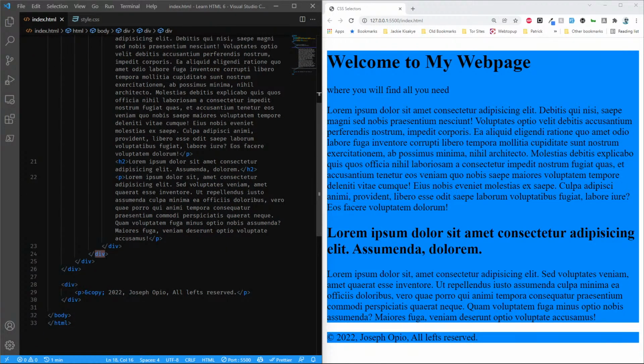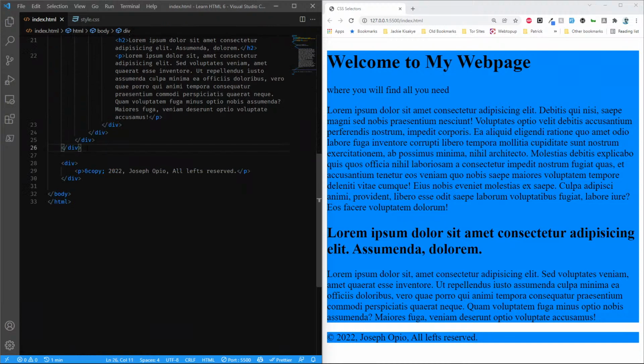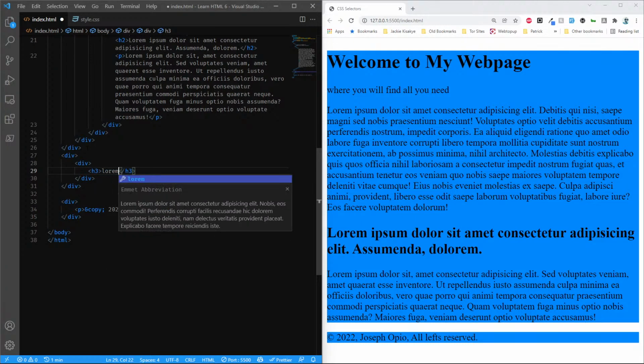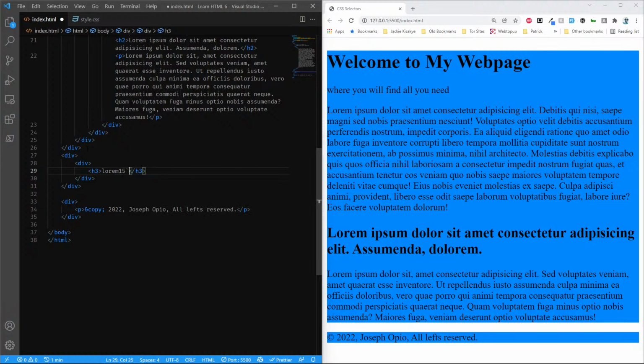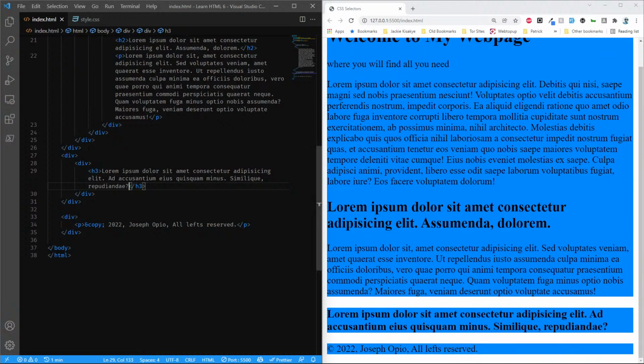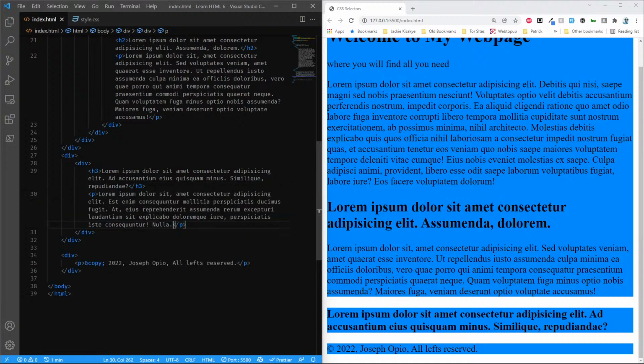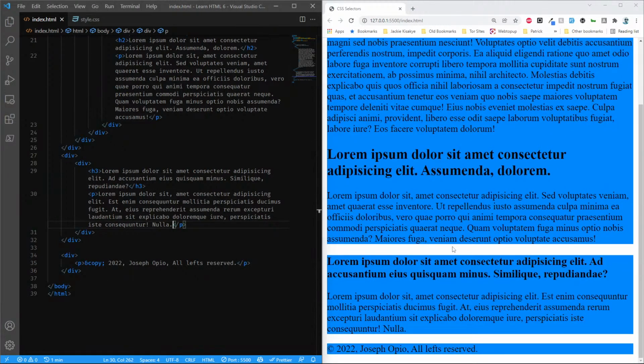Actually, let me do this. Sorry, I had not planned this out. Let me have another one here: a div, a P, an H3 with lorem 15, and a paragraph of something of this kind. You'll see that everything that I insert here, as long as it's a div, will get this